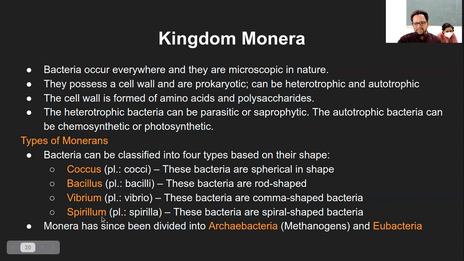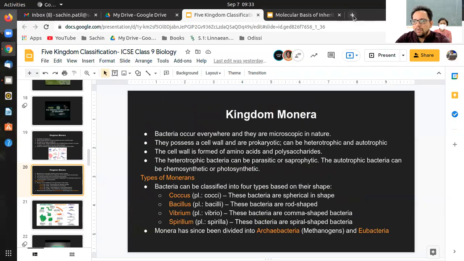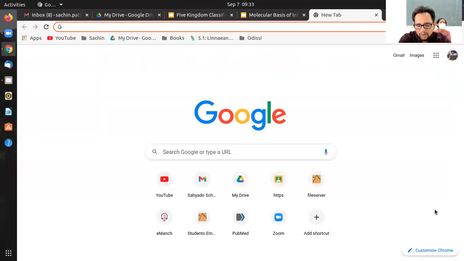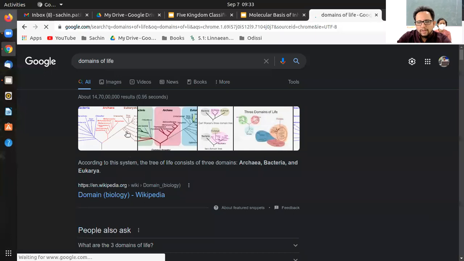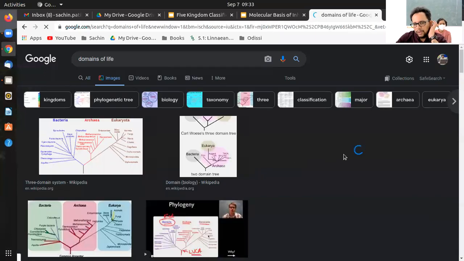which are like subtypes of the kingdom Monera, but not from the kingdom perspective. This was earlier used when they were studying the domain classification. So let me just show you one diagram. Domains of life. Yeah, so for example, if you see this diagram,